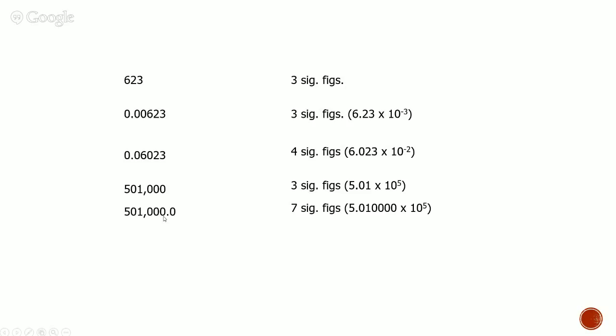Now, the one exception to the zeros at the end is a case where you have exact numbers. For example, the metric system is an exact relationship. You have exactly 100 centimeters in a meter. So that means you have an infinite number of zeros after that decimal place, so we say it's infinitely significant. But you can't assume that a number is exact unless you're specifically told it is, otherwise you're going to assume the number's been rounded.